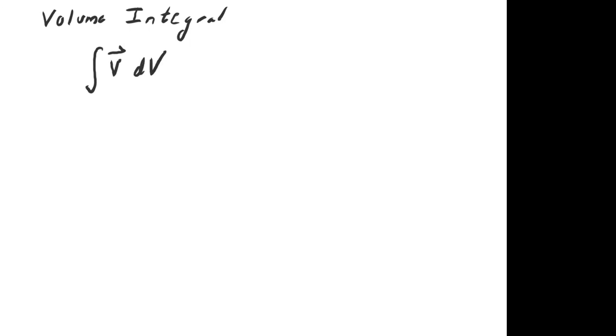Let's call that vector something else, let's call it F. So if you can resolve F into its components, and let's say F can be expressed in terms of Cartesian coordinates,